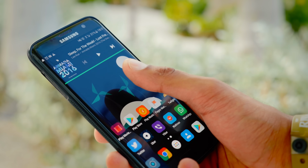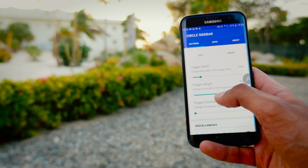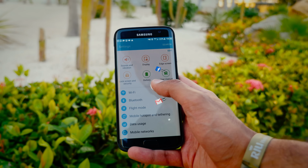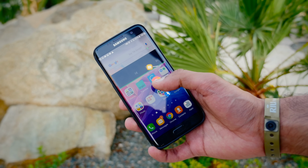Now the next one is Circle Sidebar. A quick swipe from the right hand of the screen, or left if you're that way inclined, and you can see all of your recent apps or a set of apps of your choice. On the face of it, the functionality is similar to your multitasking button, but not only does it work faster, with no noticeable lag when you open it, but also it's easier to reach,